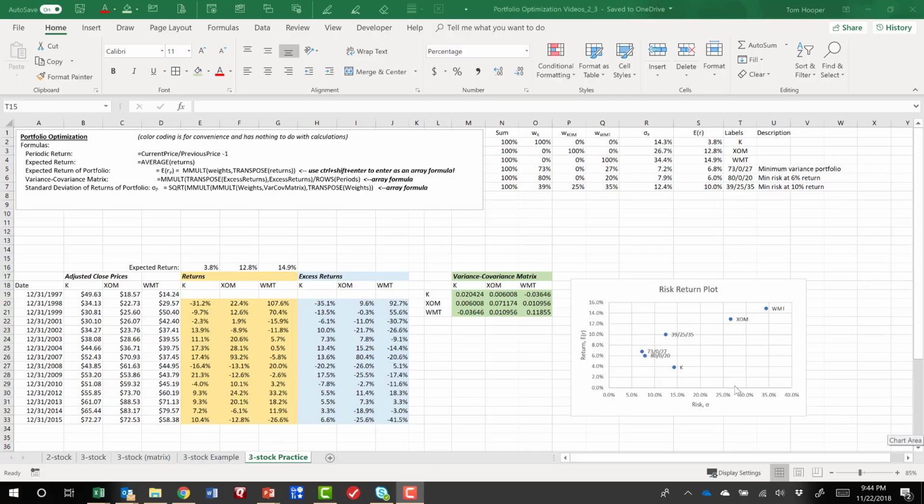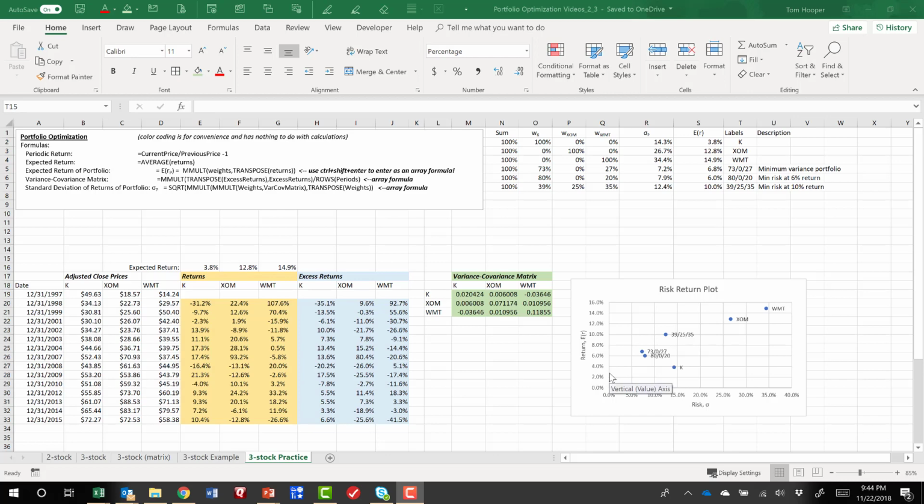There's one last thing to do, and that's decide which trade-off of risk and return is the best for us. We know it's going to be at a return above the minimum risk portfolio. It's going to be somewhere on the efficient frontier between Walmart stock and this minimum variance portfolio, but we don't know where. In fact, we wouldn't know where unless we knew what the risk-free rate was, because we want to